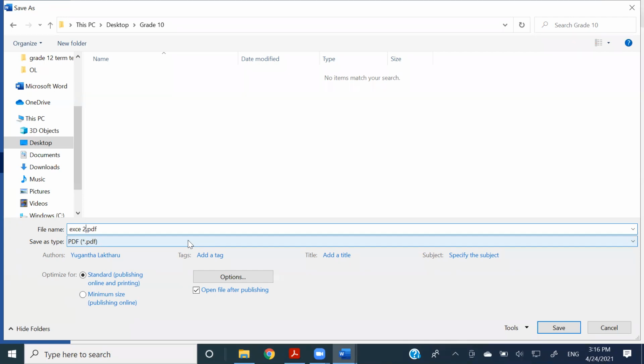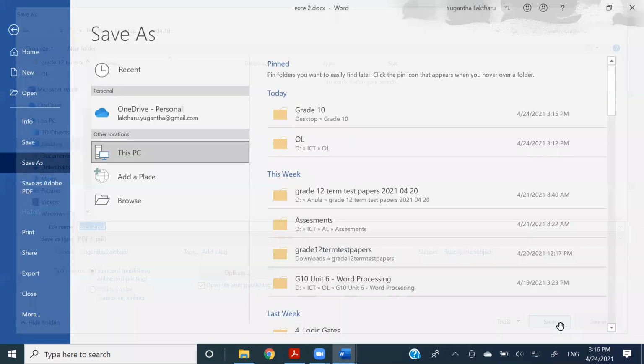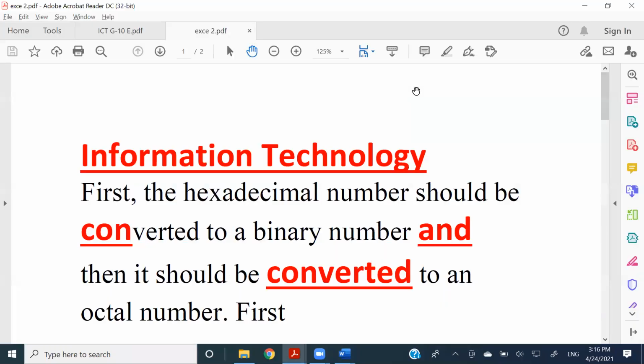You have to do some changes to the name. Then only it will allow you to save. But in different formats, you can. So I'm going to save this Word document as a PDF. So exe2, it's a PDF, and I'm going to press the save button. So once we save that in PDF, it is open